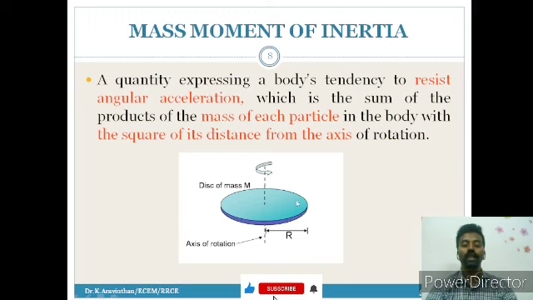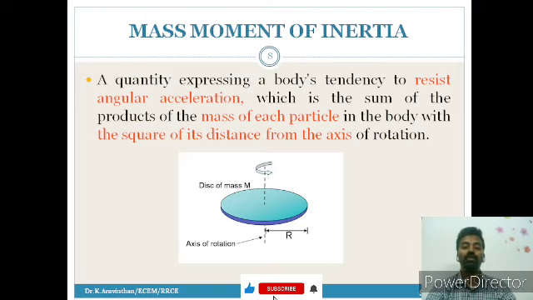So if there is a disk here, this is an object, then the object has a weight. You can take that mass as 2 kilos. So this mass into the radius distance from the axis, there will be some distance. If you want it at the extreme end, you have to square this distance. So the moment of inertia will be mass into r square. So you need two components. What are they? First one is mass and second one is radius, that is distance.